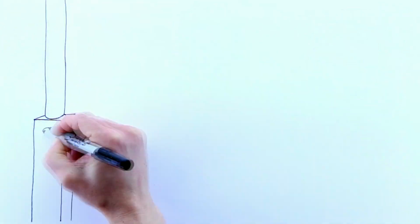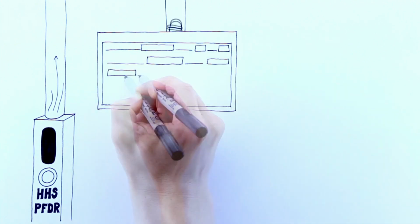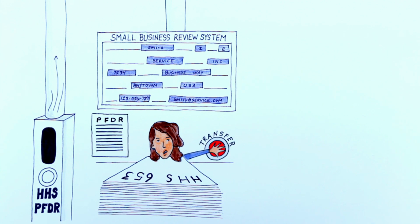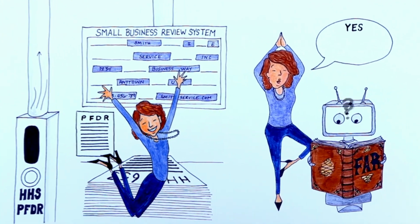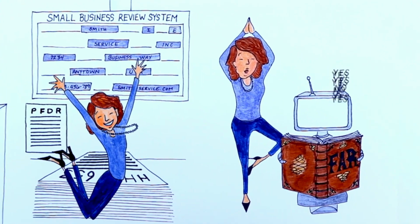You can even upload opportunities in the HHS Procurement Forecast Data Repository, then automatically populate the material into the Small Business Review System. Need to fill out that HHS 653 form? With the click of a button, you can transfer the information from the PFDR. Oh, and we've automated the FAR. A simple question and answer format guides you through the requirements in plain language, compiling all of the data to